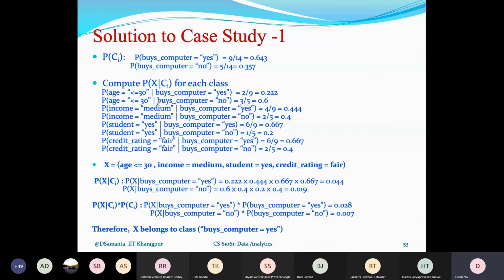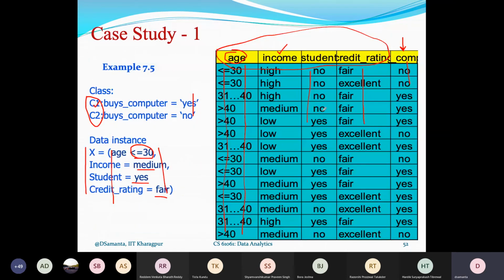So here again, the contingency table you can easily calculate. I have just mentioned the contingency table here, storing all the posterior probabilities for all classes. So it is here P(X|CI). As in the previous example that I told you, one contingency table here. So for age, there are 3 different values. For income, it is 3. For student, 2. So 3 into 3 into 2 into 2, right?